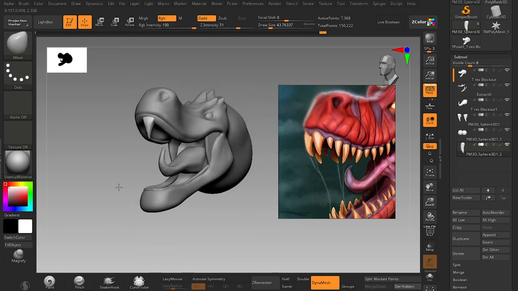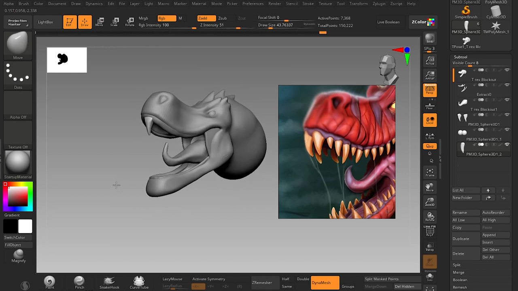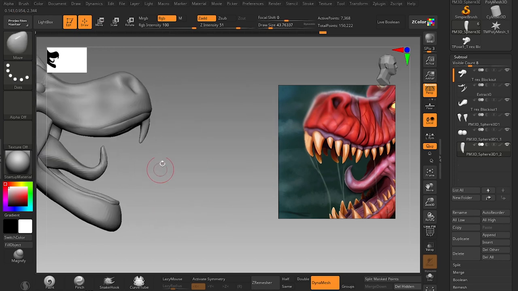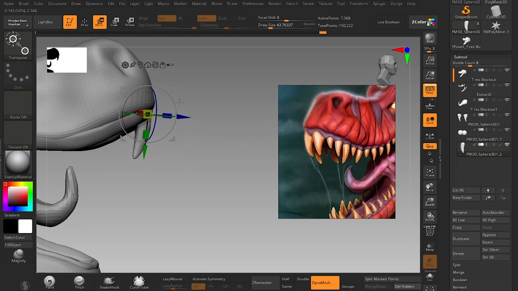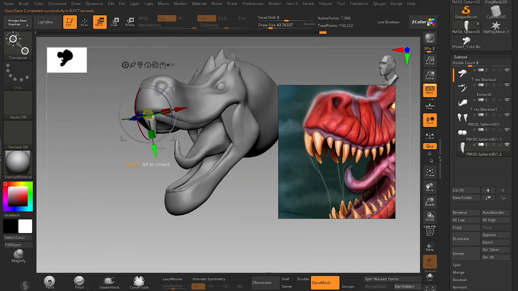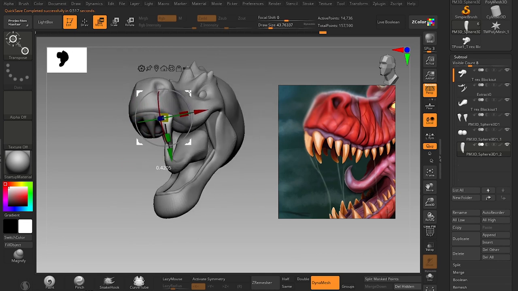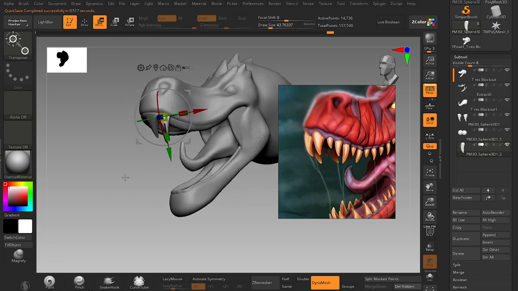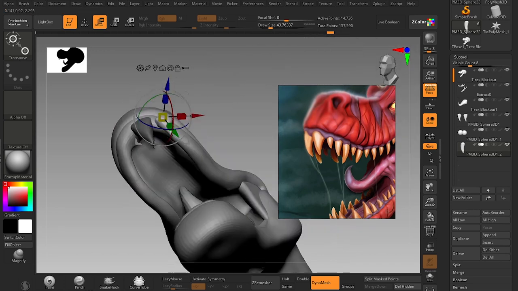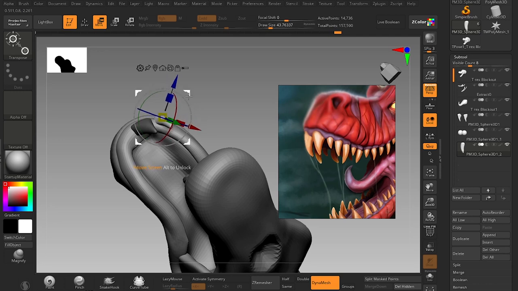So this is one tooth I have sculpted. Now I will duplicate it all the way around and use move brush. Duplicate and make it smaller and just match the shape of the design. Try to match the